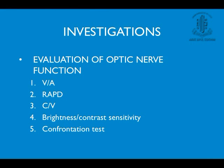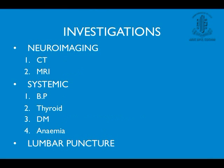And investigations mainly to look for optic nerve dysfunction. In early stage, you may not have all this dysfunction, but in late stage, you can have. And as I told you before, the first thing is this. Simple things are always very important, because even if you miss one, the whole thing will go wrong. You will send the patient back saying that imaging is normal, we will conservatively manage. But this is one of the important things I would say for everybody to do, and then go on from